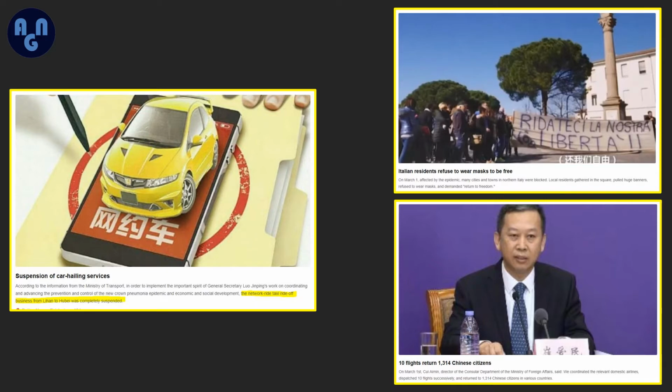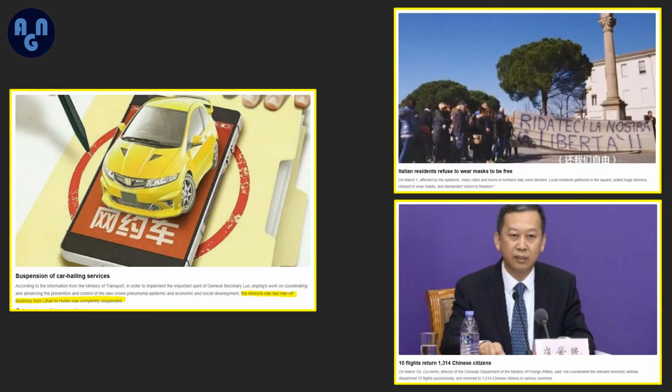Then on the upper right, the second story, they're talking about Italian residents who are protesting here and not wearing masks. But it's a story that they picked up in China, and it's a hot search topic, but it doesn't tell you whether these people are inside of the red zone in Italy or where they're at. So it doesn't have much meaning. I mean, they're dressed in coats, so you'd think it'd be somewhere in the northern part of Italy because the south now is kind of springtime there. And then what else do we have?